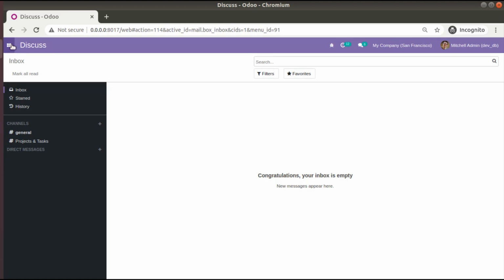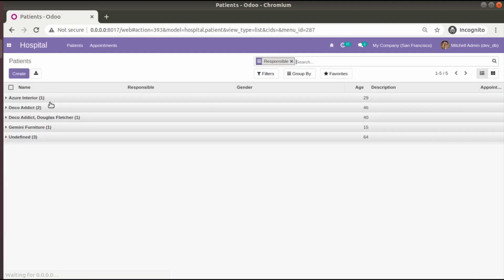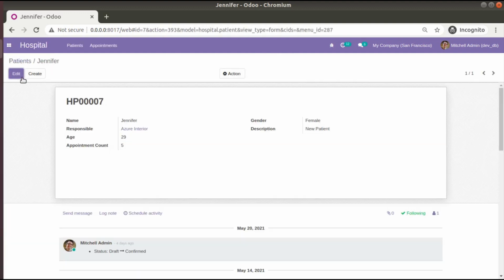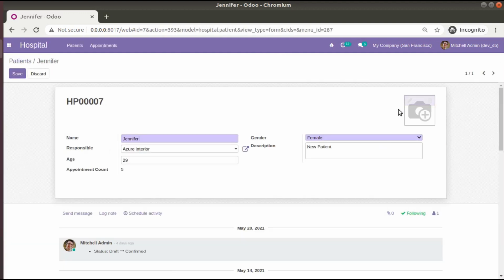Now if I go to the hospital, open any of the patients and click on edit, you can see the same field has been added here. Right now we haven't added any image for Jennifer. If you need to add a new image, you can simply click on this pencil icon. You can see the field name is image, type is binary, and widget image is given.